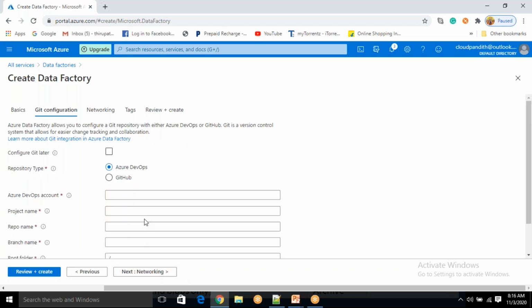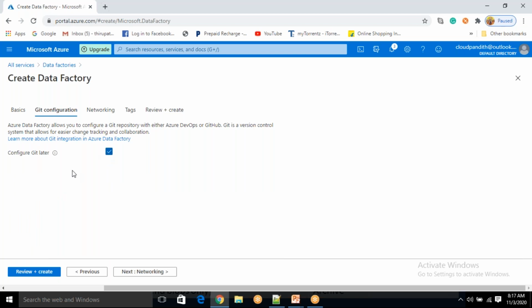Okay, Git configuration. Whatever code is generated in an ADF pipeline, you are not going to write any code. You are just going to use the UI, with some drag and drops. If you use the drag and drops and configure it, the backend will generate that code. If you want to directly push it into Azure Repos, then you can push that code into Azure DevOps or GitHub. Now, we will discuss how you can integrate all those things later. For now, I don't want to configure Git, meaning your code will not be moved anywhere. All your pipeline code will be there within the data factory. Okay, don't worry if you're not able to understand. So I'm just not checking it.